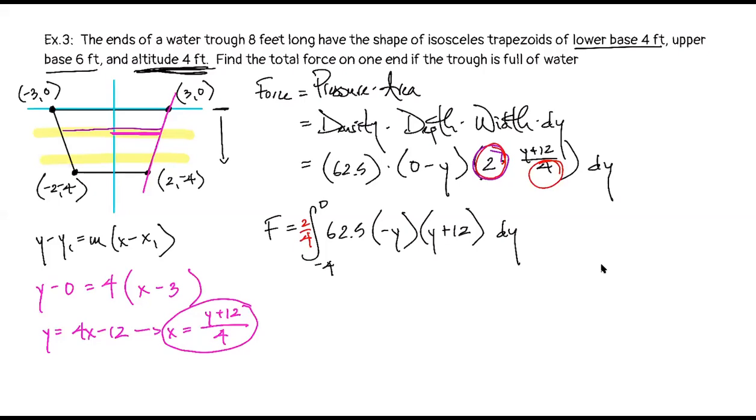Okay. I have a question actually. Yeah, Sean, what's up? So on this diagram that we drew, we have our bounds from -4 to 0. On the previous example, I noticed it was the same setup with our x and y axis, but it was from 0 to 4. I thought it would be from -4 to 0 on that one too. Yeah, so it depends. The difference here is that I didn't make the y-axis point down. I kept that as negative. I didn't change it to positive.